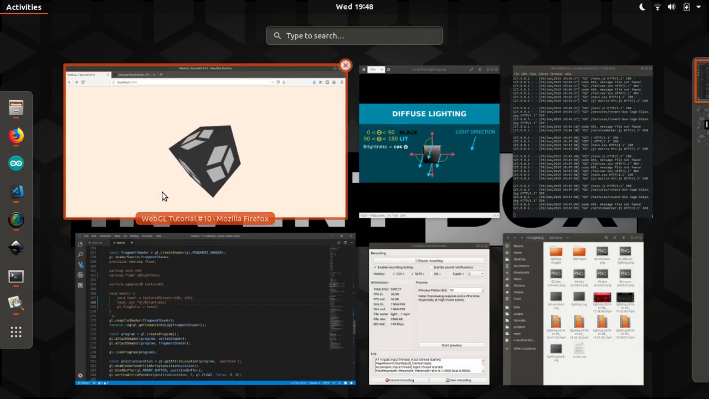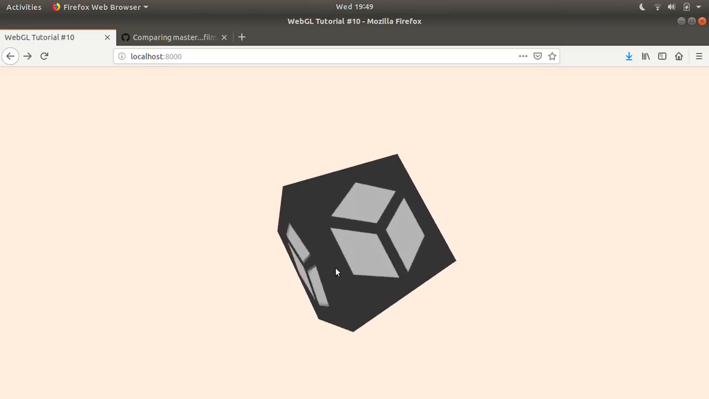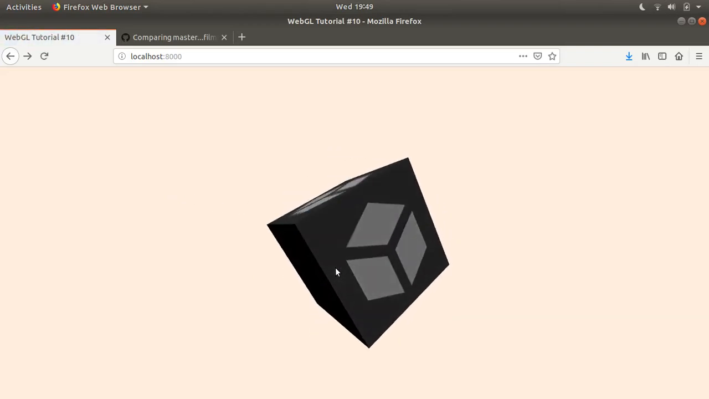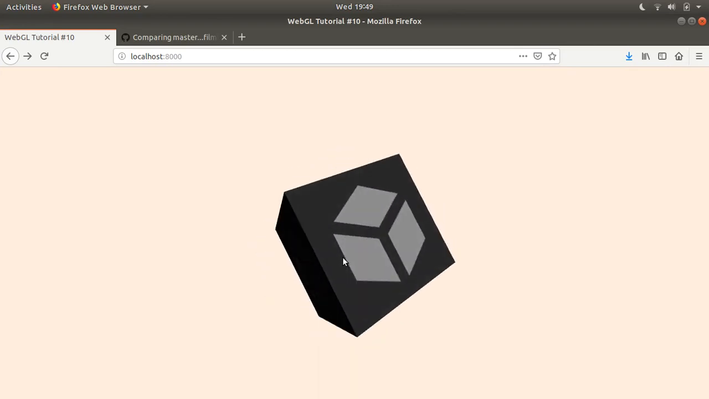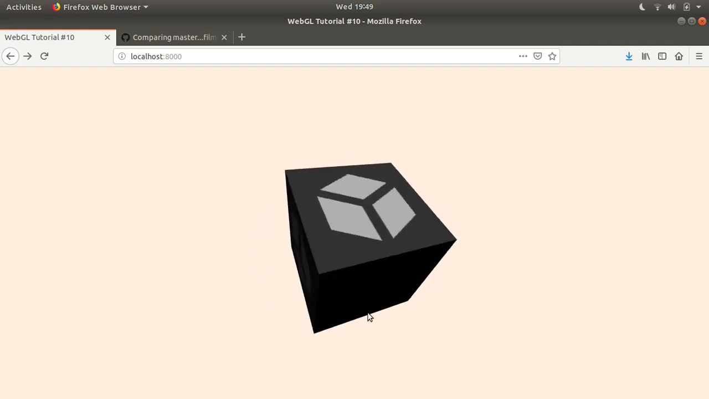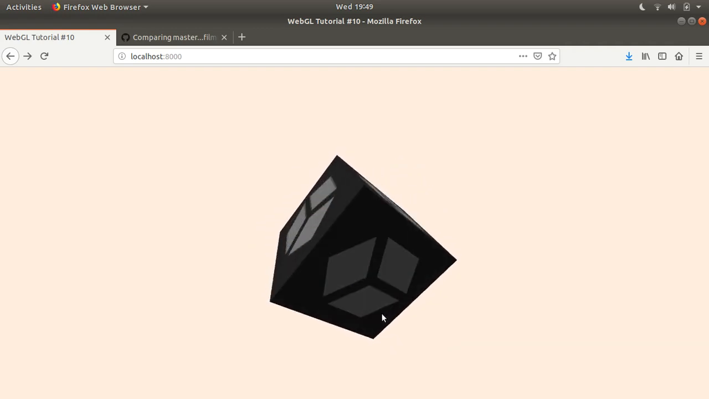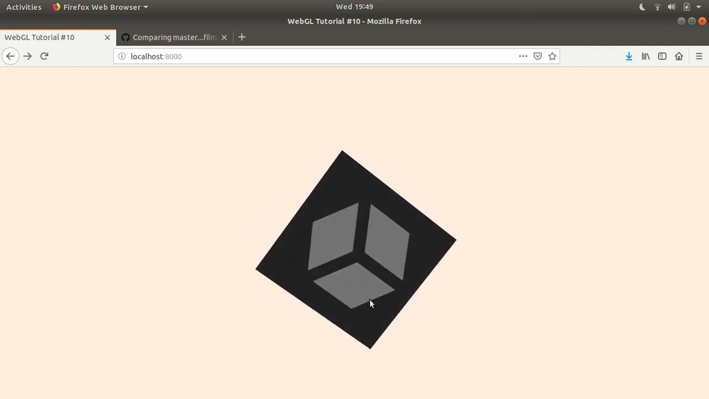So let's see how it looks. Right now there's no lighting, and we'll give it a refresh, and that is pretty neat. You can see that it goes completely dark at some point, just like our drawing, and something about this looks a little unnatural,